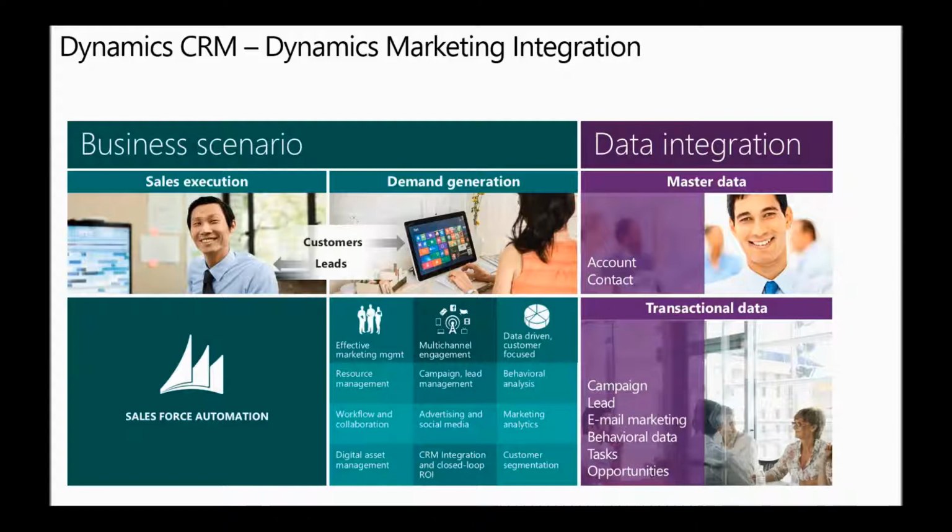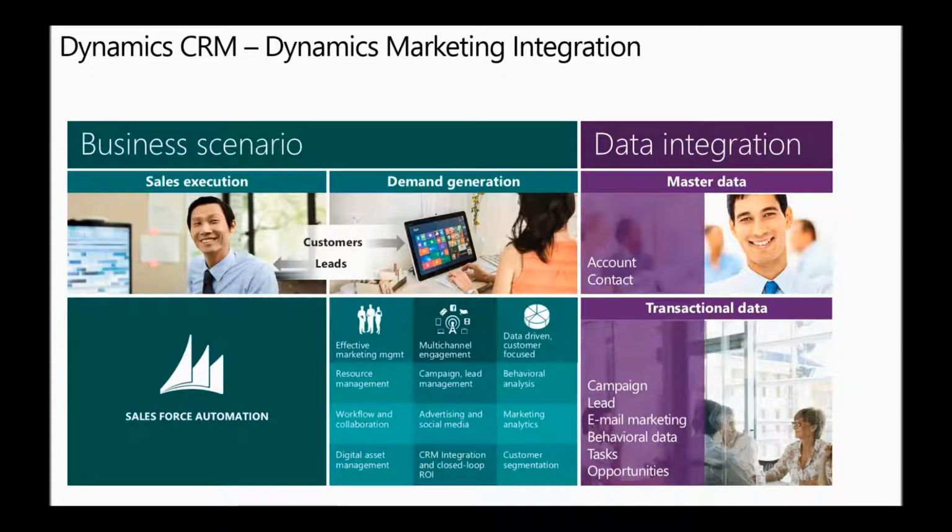And you could have a kind of a rule in Dynamics Marketing that says, hey, if a lead hits a score of 80, send that over to Dynamics CRM so our sales folks can follow up on that lead and get that lead closed. And so there's really a tight integration between the Dynamics CRM product and the Dynamics Marketing product to get that full behavioral analysis along with the selling, get it to the right sales folks,